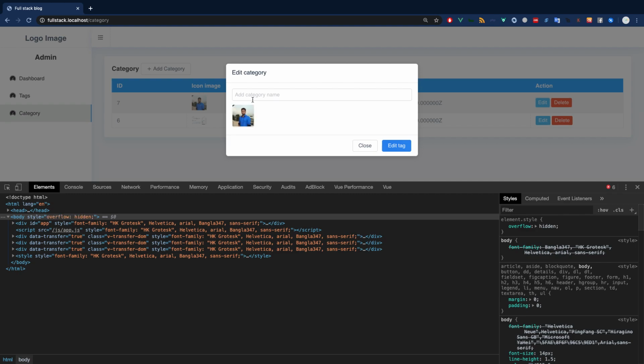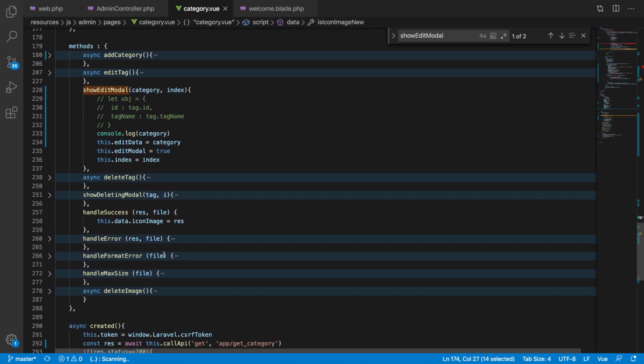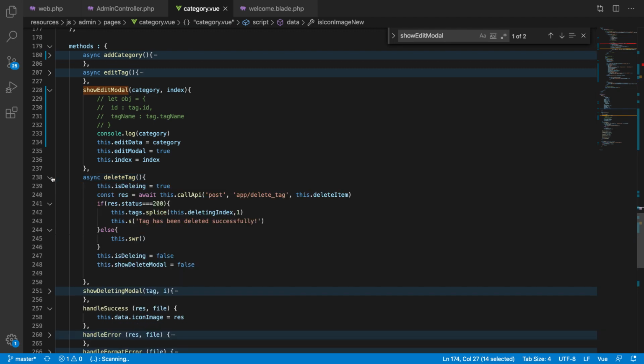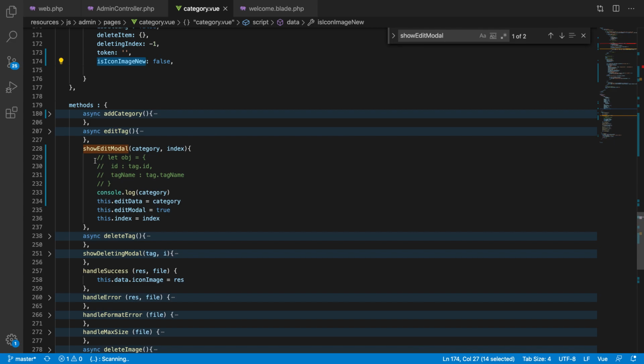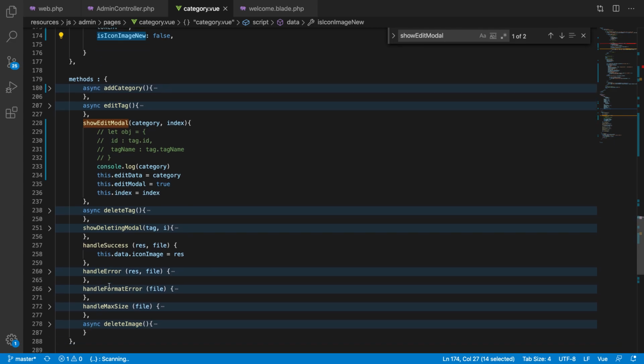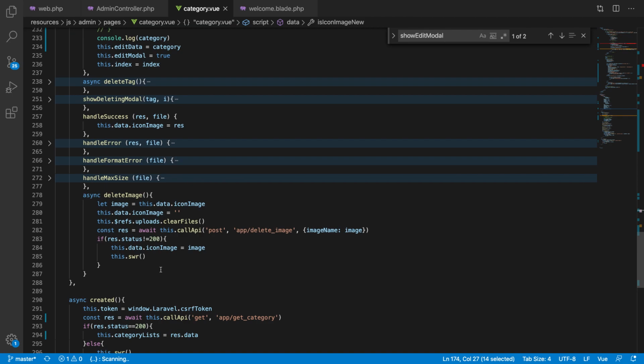Here we go. We don't see this icon upload option here, so we should see the icon upload option once the image is deleted. Okay, so let's see how it works when we delete this image. So let's go ahead, and we have some option here, delete image. Okay, so once we have a delete image option,